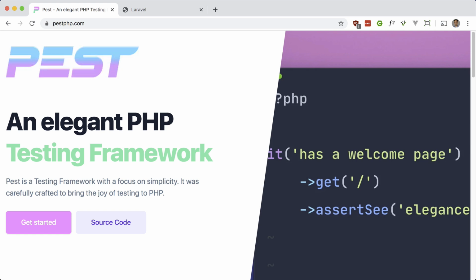Okay, let's take a look at Pest by Nuno Maduro. Pest is an elegant PHP testing framework with a focus on simplicity. It removes all distractions from your PHP unit tests, allowing you to focus on what's important. It's framework agnostic and it works with any PHP project, but in this video, we'll take a look at using